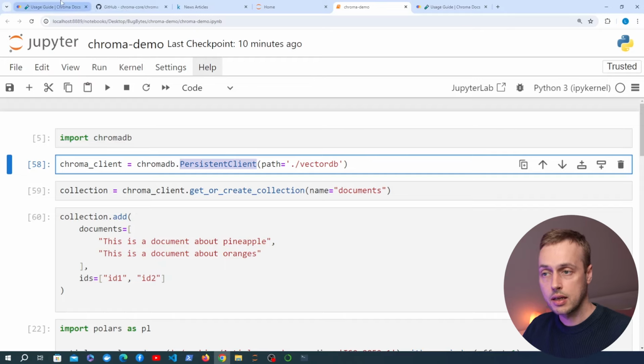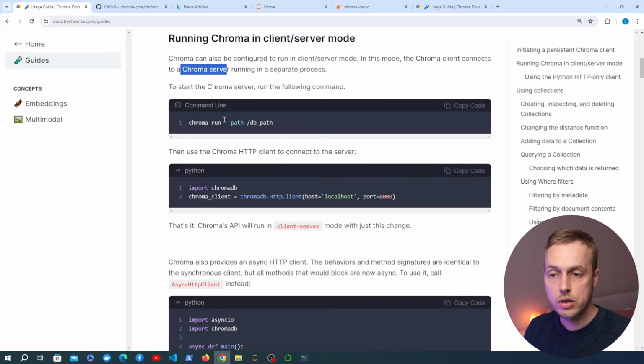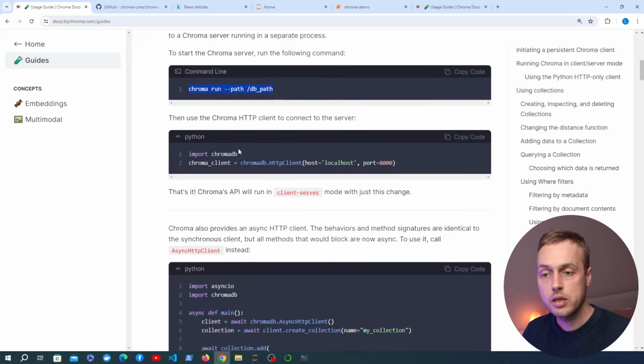Now, as well as that, the very last thing to show in this video is that you can also run Chroma in client server mode. So let's go through that a little bit. When you run in that mode, the Chroma client is going to connect to a Chroma server that's running in a separate process. So in order to run a Chroma server, you can run this on the command line. It's the Chroma run command, and you provide it the path to your database directory. Once you've run that, you have a server running ChromaDB. You can then use the Chroma HTTP client to connect to that server, and you specify the host, and if you're running locally, that's going to be localhost, as well as a port number in order to connect to the